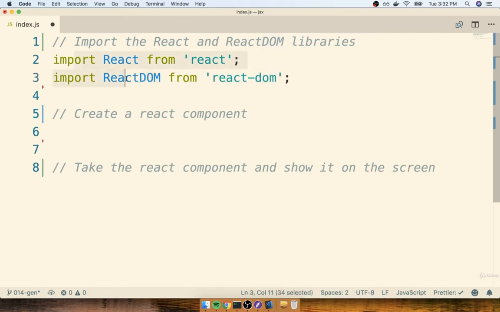Okay, so what's with the import statement? You'll recall that back over on the other project we worked on over on CodePen, we didn't have to write an import statement. We just added React and React DOM to our project, and that was pretty much it. Well, now that we're using Create React App, we are using a bundler system called Webpack. We'll talk about what Webpack is and why we're using it, but for right now, all we need to understand is that every file that we create inside of our project is essentially its own tiny little universe.